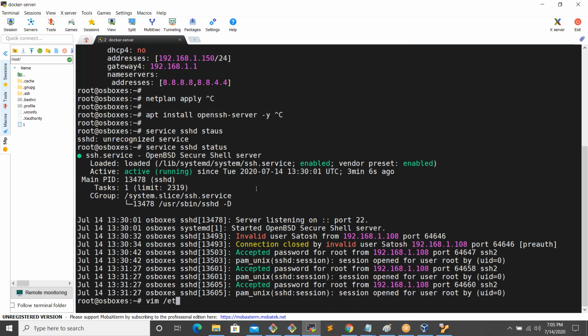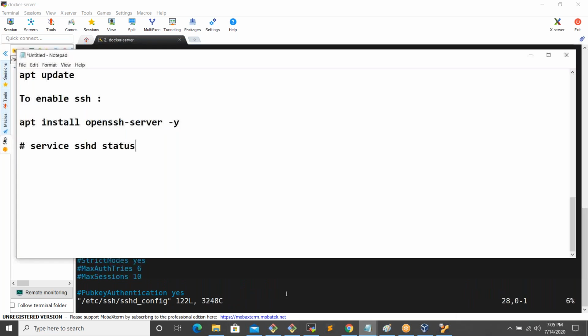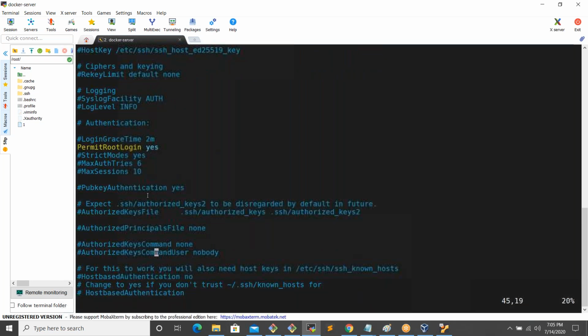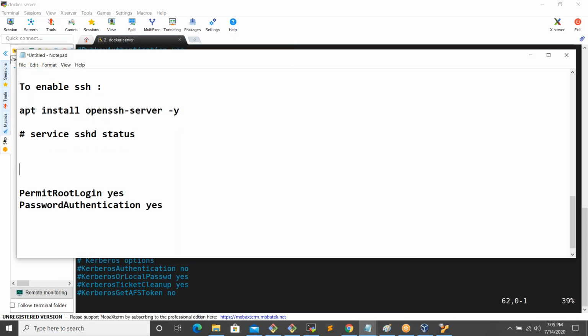configuration file, the /etc/ssh/sshd_config file. You can see here, by default, there is PermitRootLogin. You need to enable this line. This will enable the root user. To enable the root user, you need to use this. And I have also enabled one more line, which allows the password. I just want to connect to my box with a password. So you have to enable these two lines, and the configuration file will be